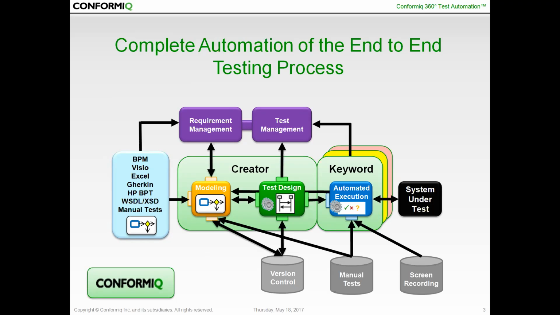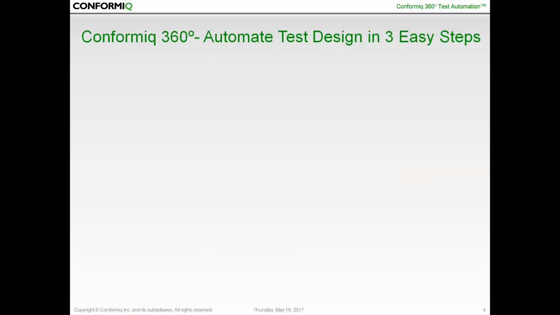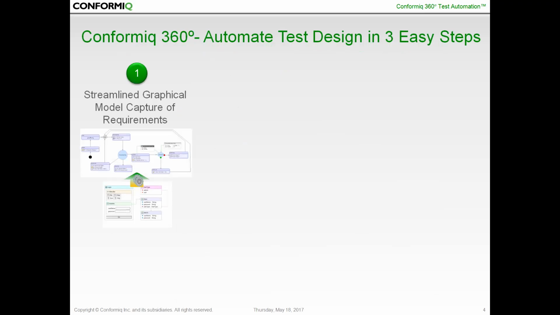This is all electronically linked together. So it's 3 steps. First thing is to create, either import or extend that, or manually create a graphical representation of your application. It could be from your requirements, it could be from user stories, it could just be from